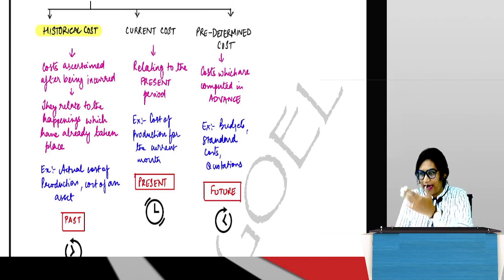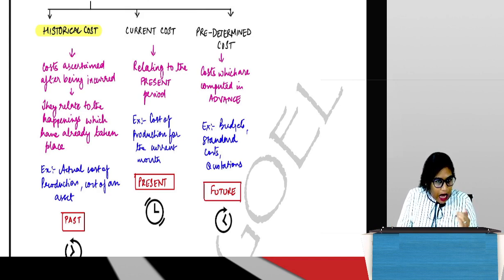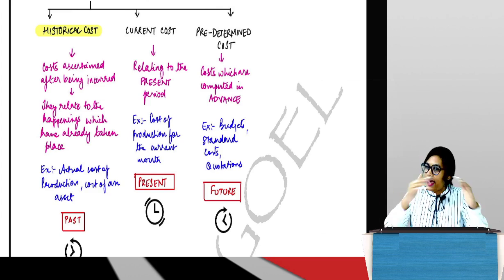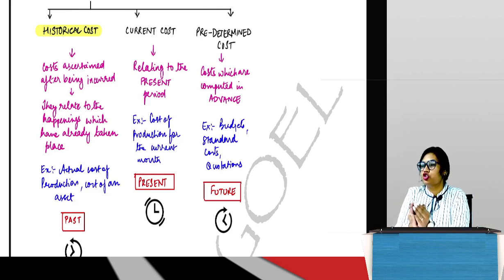Yes, in accounts. You would have heard of this term in accounts, right? Historical cost. Historical cost is usually associated with purchase of machinery, if you remember from accounts. So what do you mean by historical cost? It is the cost of the past, which means we are talking about some event which would have happened in the past. That event has already happened. Once the event has happened, I have put all the costs together and presented it. That is your historical cost.